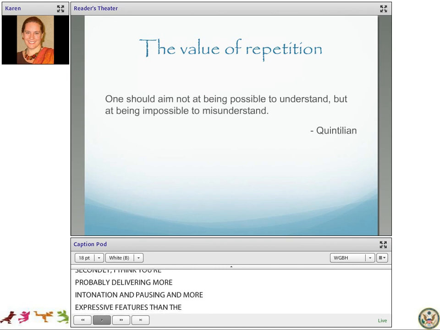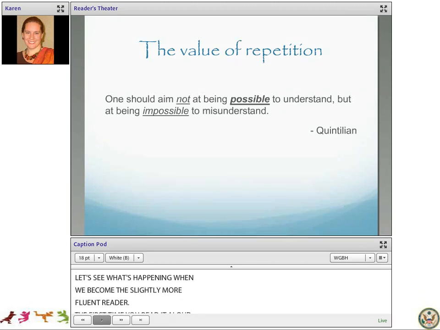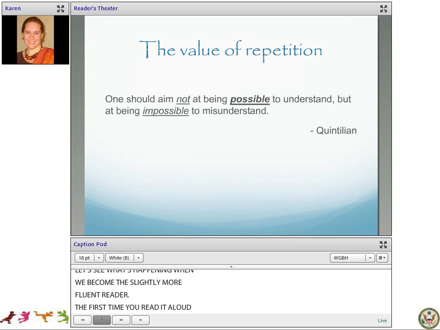When we read the phrase, one should aim not at being possible to understand, but at being impossible to misunderstand. Let's look at that. The first time you read it aloud, you may have read it fairly flatly, something along the lines of, one should aim not at being possible to understand, but at being impossible to misunderstand. But the second time, you may have already picked up on the meaning of this really wonderful quote. And so you may have already picked up on the not and the possible and the impossible. So it may have sounded something like, one should aim not at being possible to understand, but at being impossible